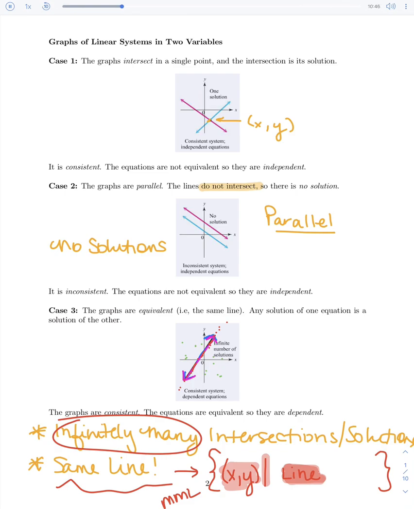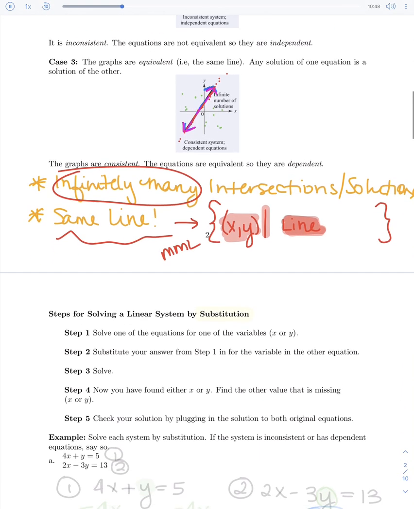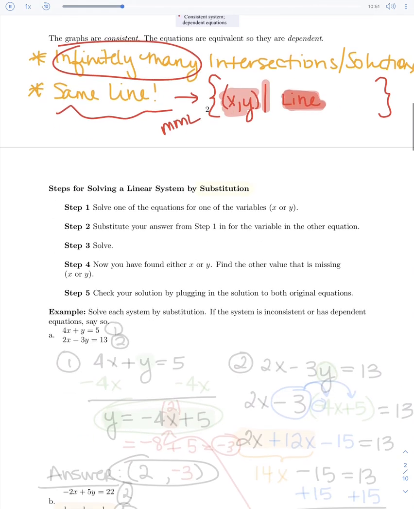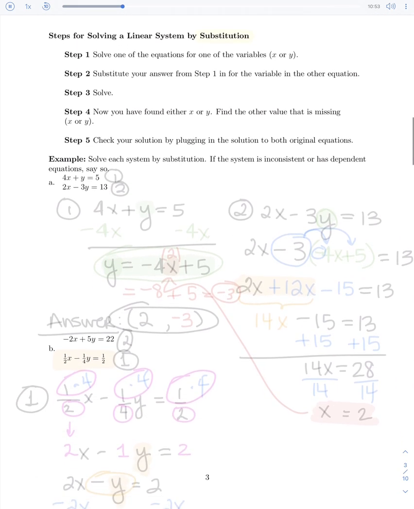Here's another one. So in this next set of examples, what we're going to try is actually doing these by hand, though. We're going to learn two different tactics for solving these systems of equations without graphing them. And the first one we're going to learn is what's called substitution. And what substitution says is pick one of the two equations, doesn't matter which, to start with, and get one